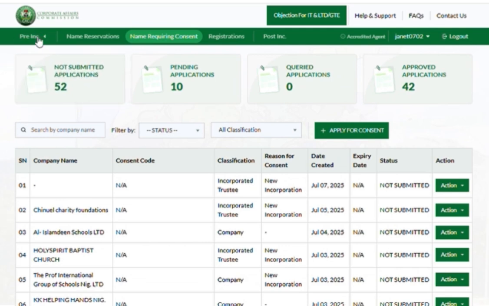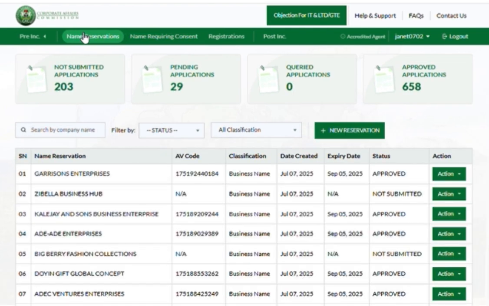This bar here is for pre-incorporation. Anything that has to do with pre-incorporation, you see, when I clicked on it, the bar just closed. When I click on it again, it will expand. When it expands, you'll see there is name reservation, name requiring consent, and registration. This name reservation has to do with every name reservation that has been done, new reservations that are